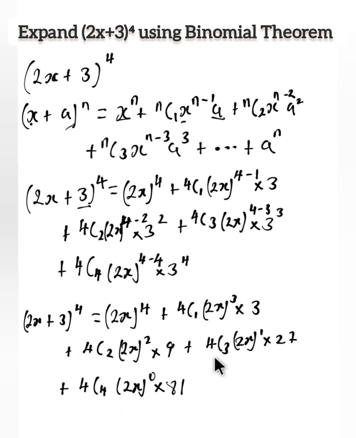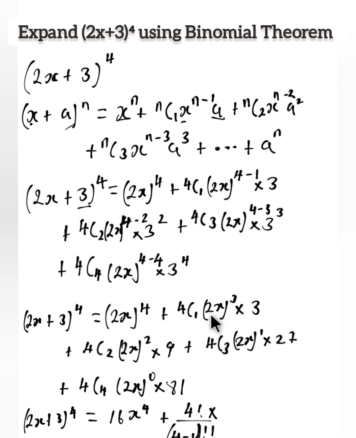So we need to simplify this expression further. This will give us (2x + 3)^4 = 2^4 is 16, x^4, plus 4 combination 1, that will give us 4 factorial over (4 minus 1) factorial, 1 factorial,